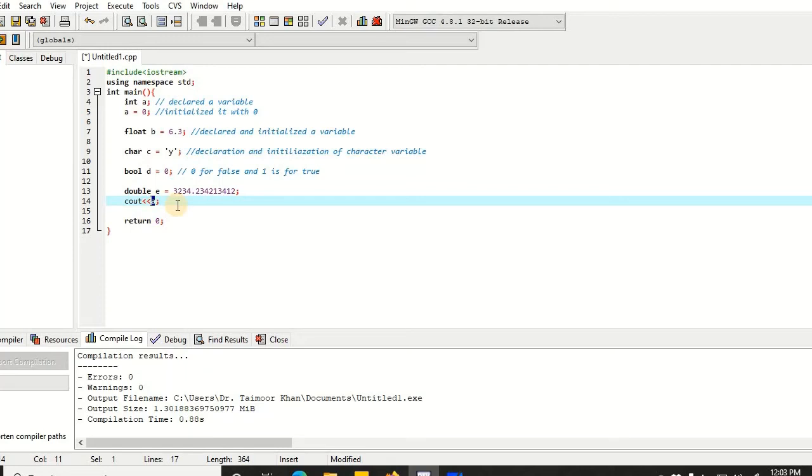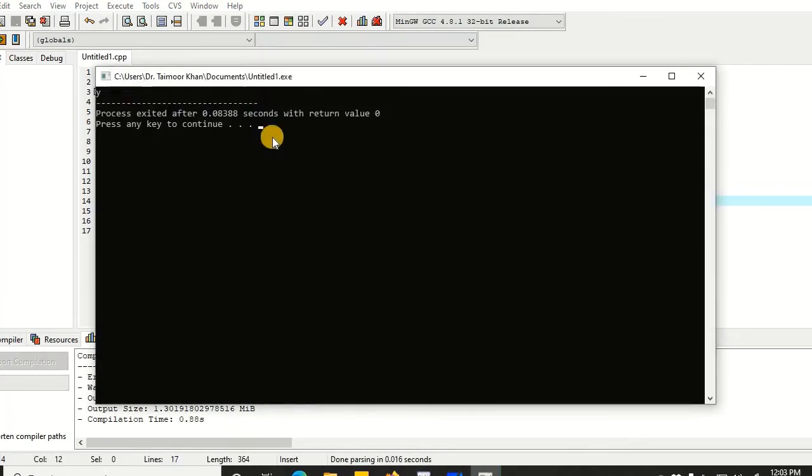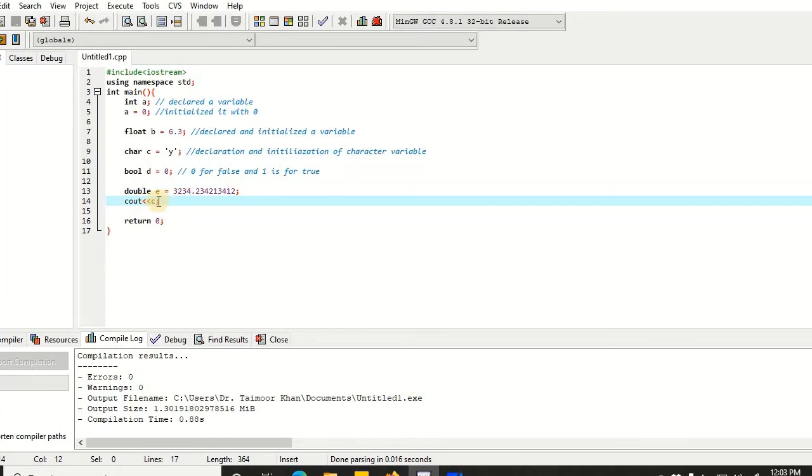So let's say we are interested in using the value of C, so we can print it, and that says y. So the value that was present over there is being recalled, and this insertion operator has provided it to the output stream and it's being printed on the screen. So that's how we can declare variables, initialize them, assign different values to them,